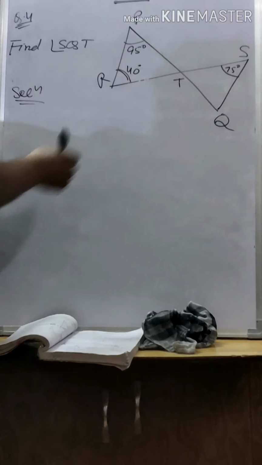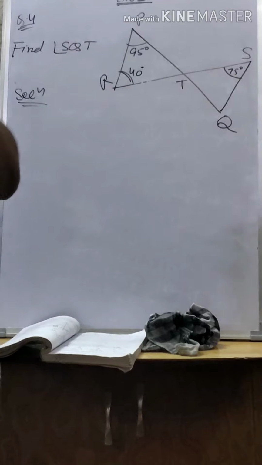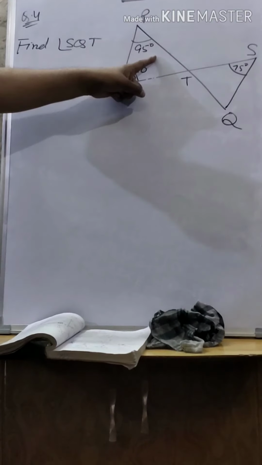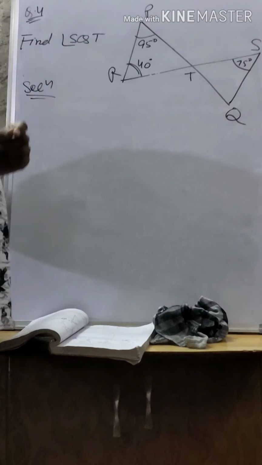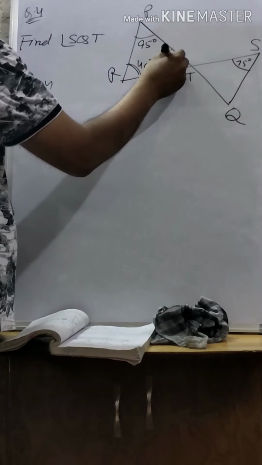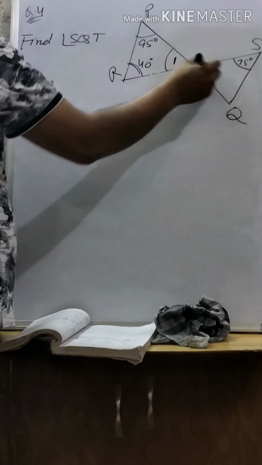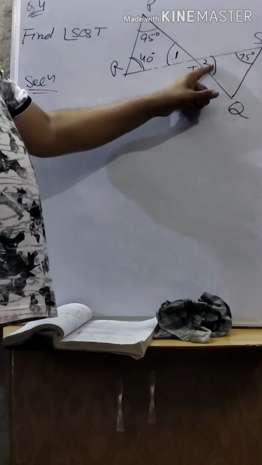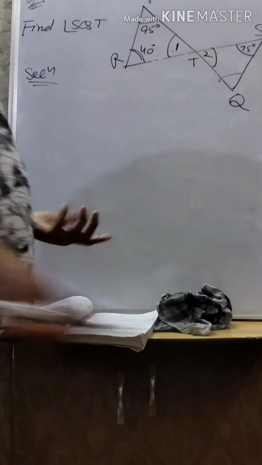So now you see, students, I will give you the hint fast, so you can revise once again at home also. First of all, I am giving the hint. This is a triangle. Two angles are here. The third angle you find out by the angle sum property. If you get this angle 1, then angle 1 and angle 2 are vertically opposite. You will get this vertically opposite angle, then with two angles known, you find the third angle by the angle sum property. Very simple. From the figure it is clear.